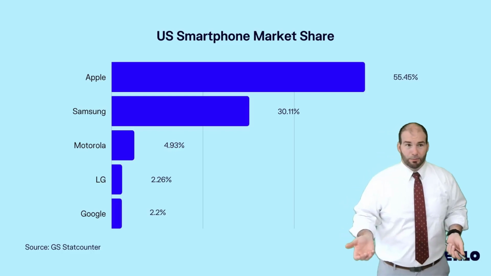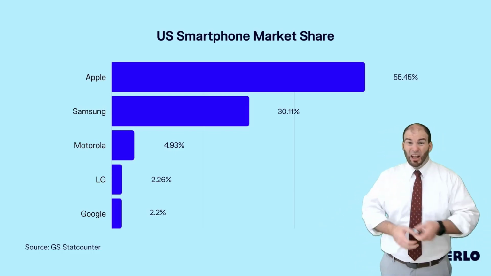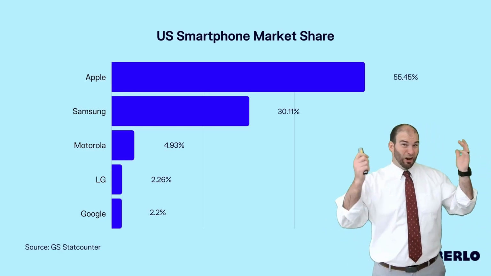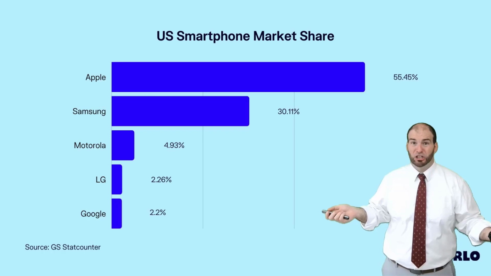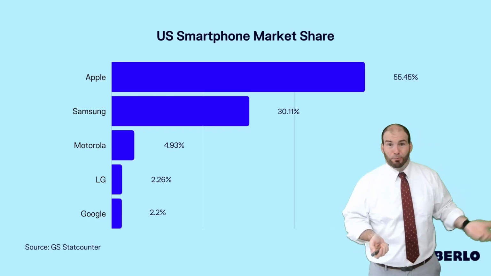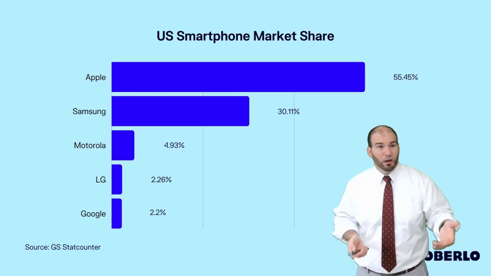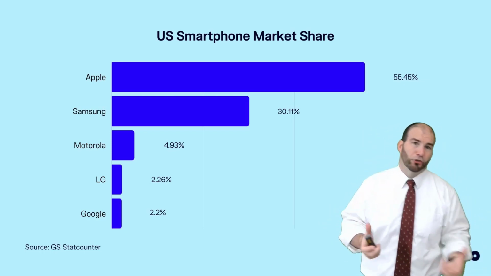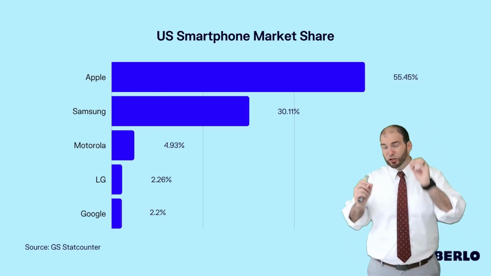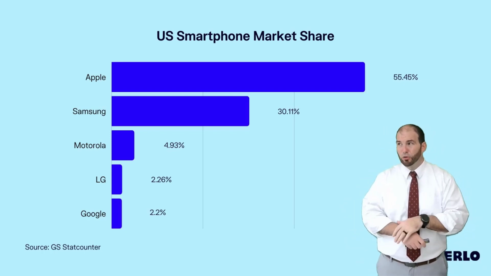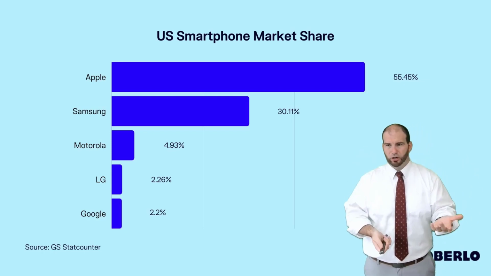Another example of this is Apple and Samsung on the actual cell phones themselves. They own at this point almost 90% of the market share, meaning you're either going to buy an Apple or a Samsung. Those are your two phones. There are other companies, but Apple and Samsung would also be considered an oligopoly in the cell phone market because there's just a couple companies that own the vast majority of the market share.